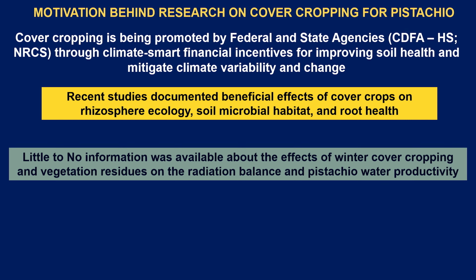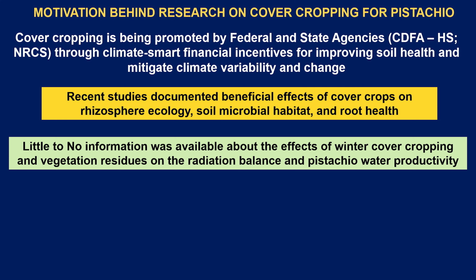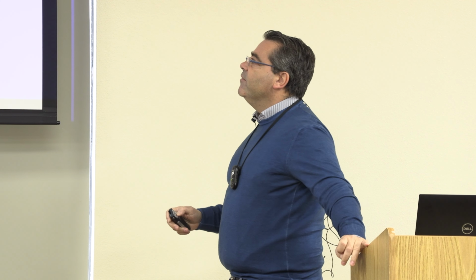But when we did this literature survey, there was no information on the effect of winter cover cropping during the active growing period and during the summer on what happens in terms of radiation balance. So light comes into the orchard and we don't know what happens. Is it reflected back, is it transmitted down? So we wanted to investigate this radiation balance and see whether this cover crop area in the row middle somehow affects the light interception